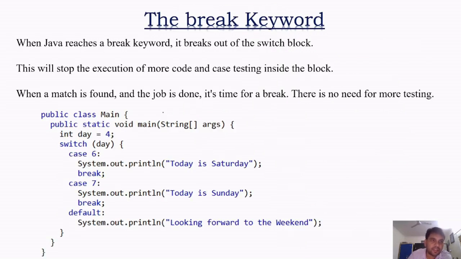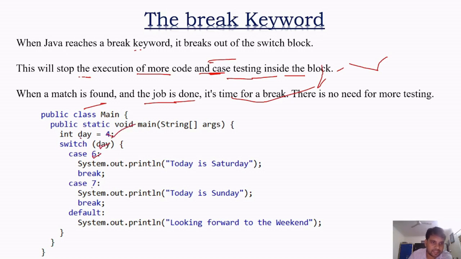सो अगर हम लोग देखेंगे, when Java reaches a break keyword, it breaks out of the switch block. This will stop the execution of more code and case testing inside the block. When a match is found, the job is done, it's time for a break. सो जहाँ पे मैच मिल जाएगा जावा को, उसके बाद से एग्जीक्यूशन बंद हो जाएगा, डायरेक्टली उस लाइन में जो है वो प्रिंट हो जाएगा, नहीं तो एग्जीक्यूट हो जाएगा।